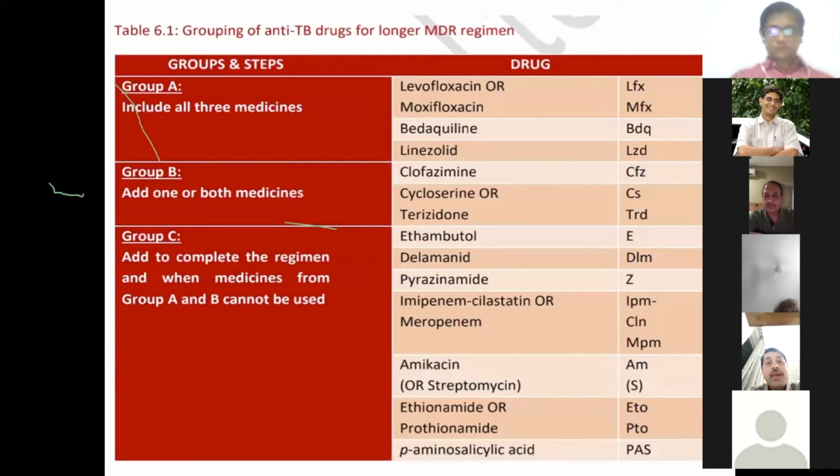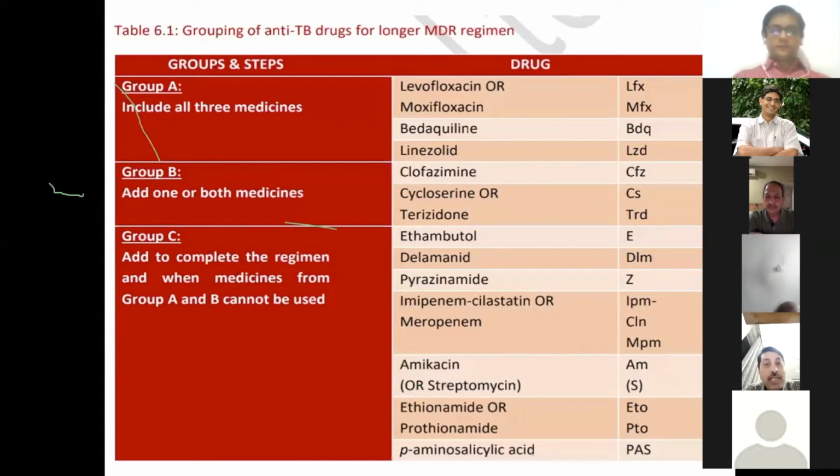That is only for the regimens for the RNTCP, because this whole management is basically taken over by RNTCP. Bedaquiline is not available anywhere in the private sector. It's available only with the government, and there are a lot of hassles when the patient wants to be enrolled on this particular drug. At present, it is available only at the Chest Hospital, where the patient has to go. They have to stay there for a day or two, and then the drug becomes available. So it has recently been made available. Delamanid is not available anywhere at present, but it will soon be available.